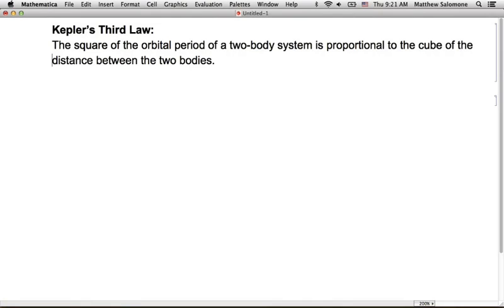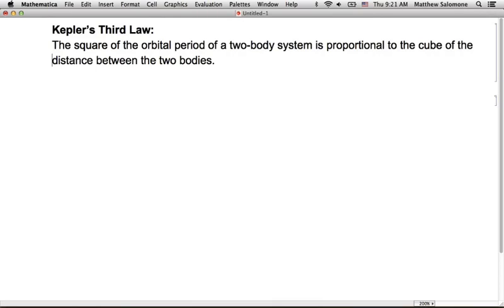So because of my own bias, even though I'm a mathematician, I did work for my PhD dissertation on celestial mechanics. These are the mathematics and the physics that underlie the motion of planets. You notice I use a lot of sort of astronomical examples in this class. Well, that's probably why. And one of the very first results, historically, in celestial mechanics was the laws that Kepler